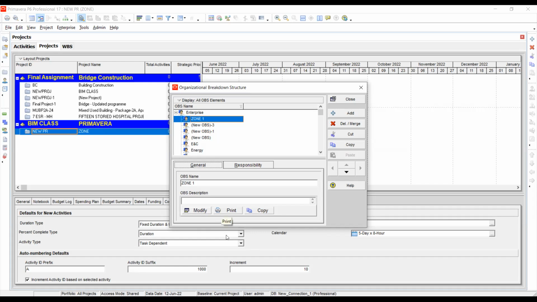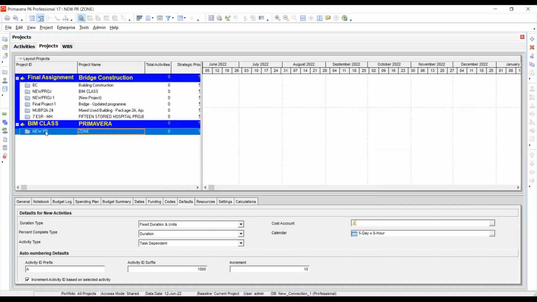We can use these buttons to change the positions. If I have a number of zones and a number of responsible managers, I can type their names and what their responsible area is. Finally we can save and close this, and we can allocate the